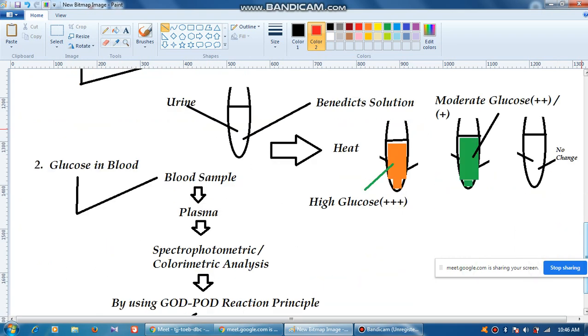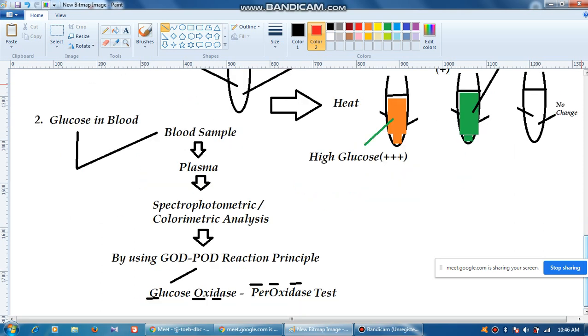It will be a 1 mark question. Next: how will you determine glucose in blood? In this one also, only this much you write, whatever I have told you today. Next, number